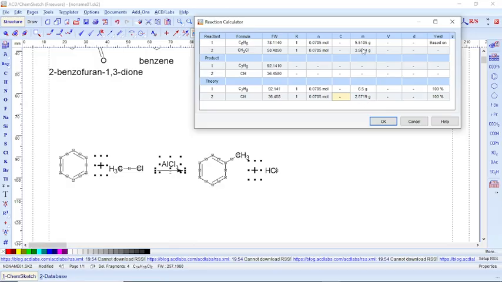Then for the two reactants, I will need 5.5105 gram of benzene to react with 3.5614 gram of methyl chloride. So it will automatically do that calculation,